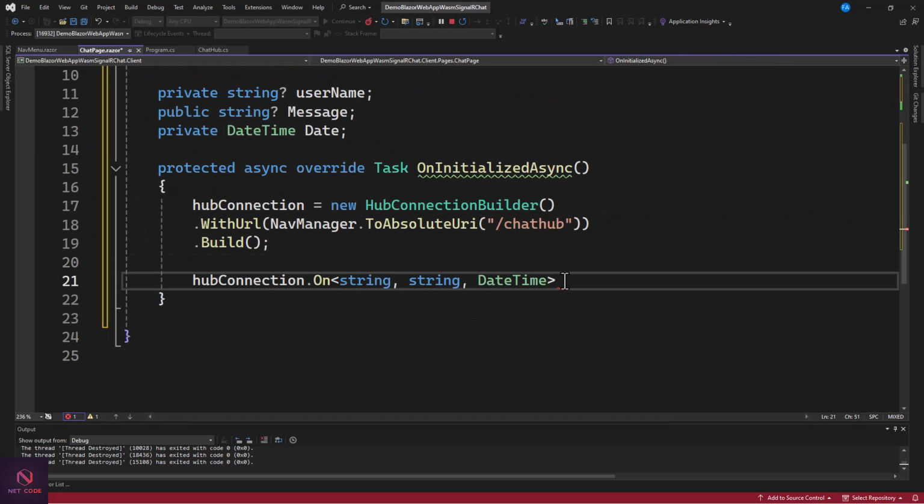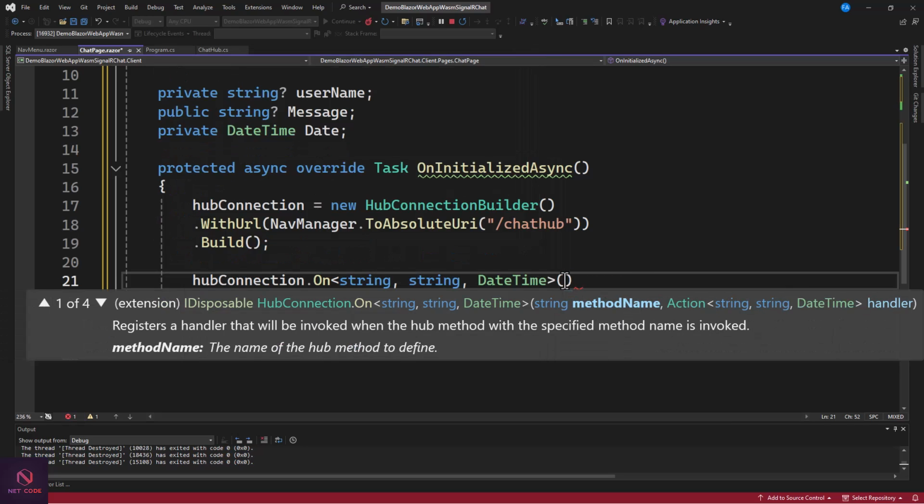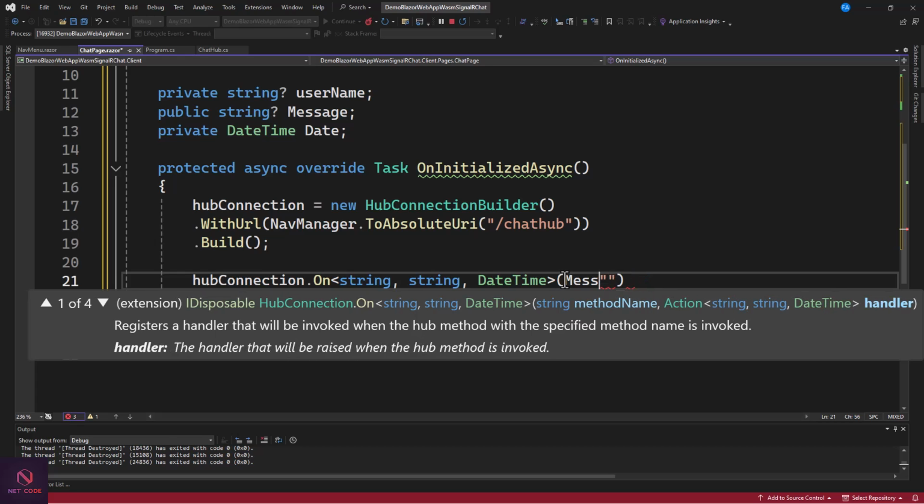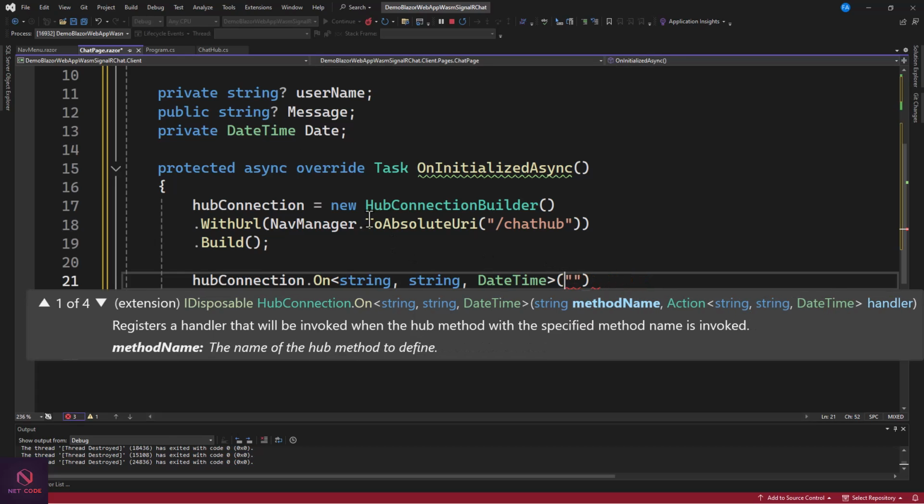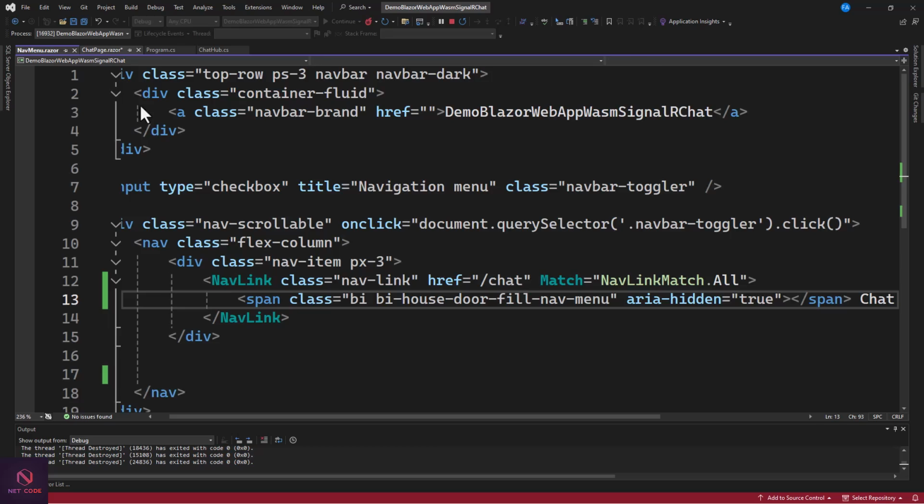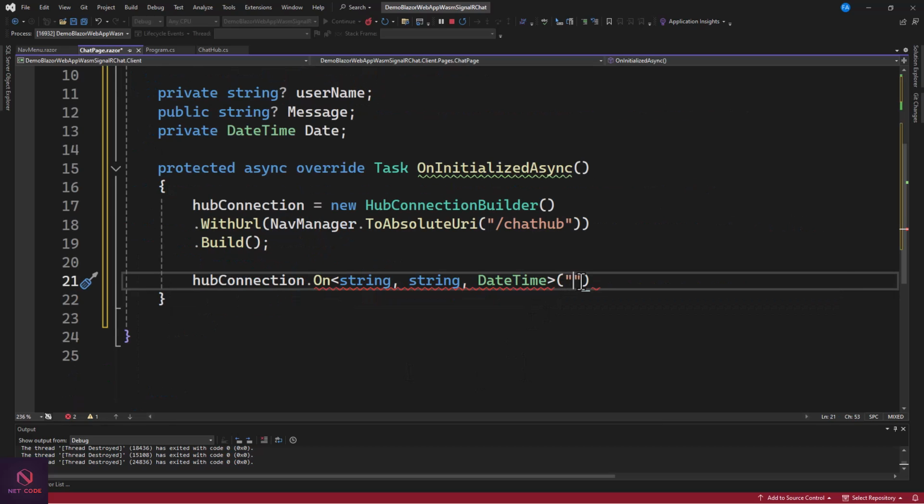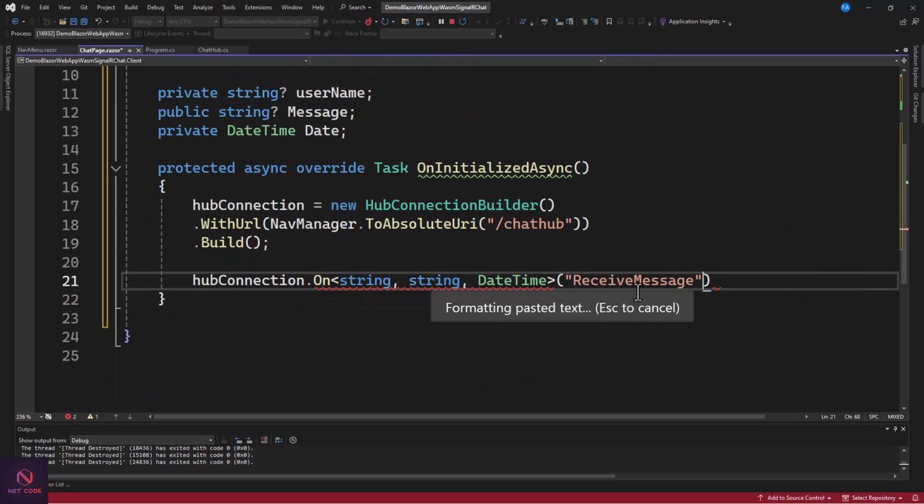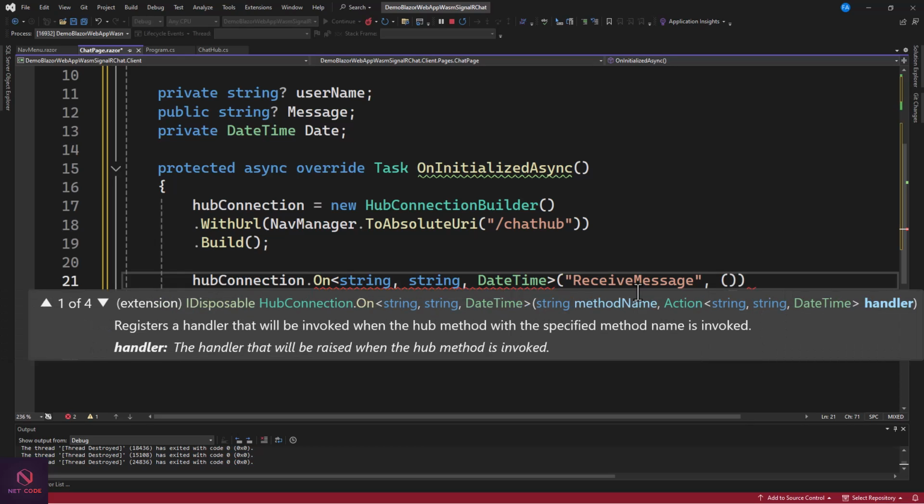That's fine. Okay, now once you're done with this, here we're going for the method. Have you seen the method name? And what is the method name in here? What do you think the method name is? Check here from the hub. We are now writing this, so that's ReceiveMessage. So we are listening to the message from this method. And now aside from this, we need to specify,